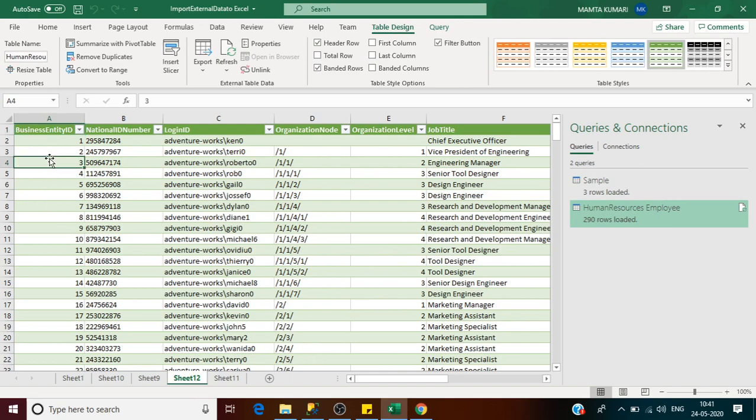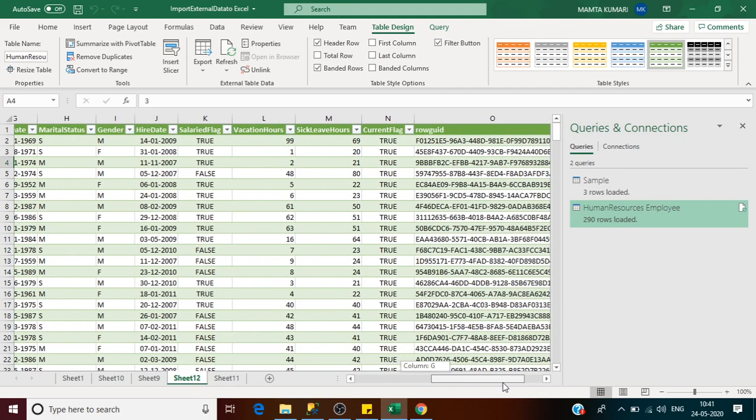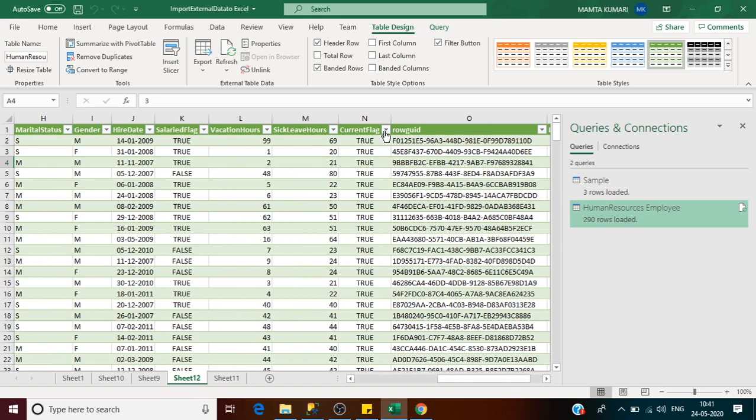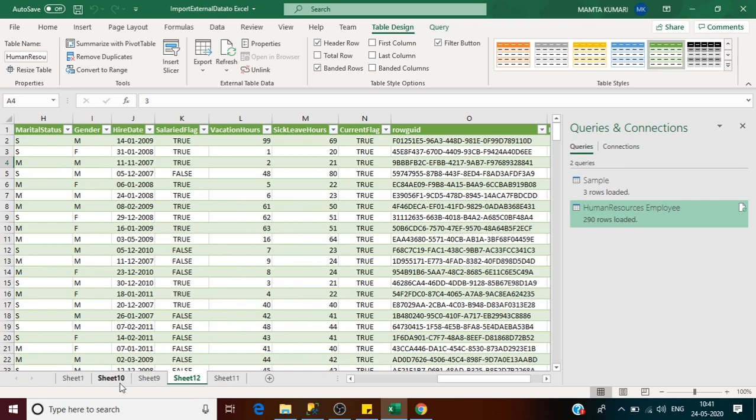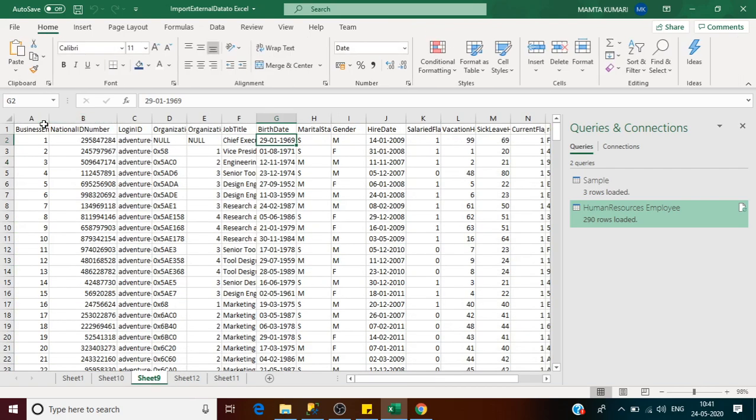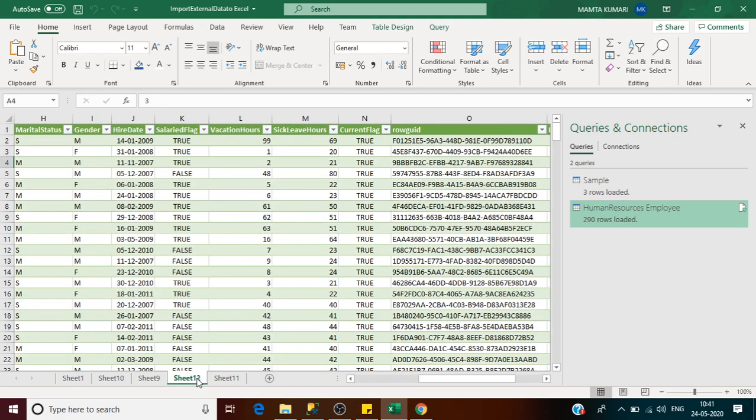Here you see, we got the formatting as well. It is very nice formatting, and we got the filters as well. By default, we got the filters on the header row. But when we copy paste manually, we did not get this formatting. We got everything in text, and it doesn't look professional. So it is always a good practice, if you want to import the data from the database table, to use this option to do your job.